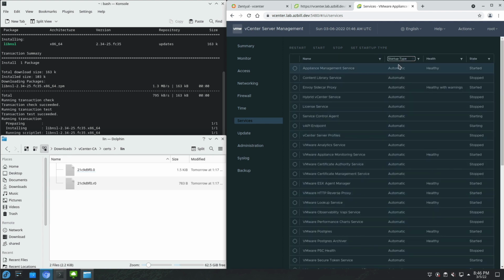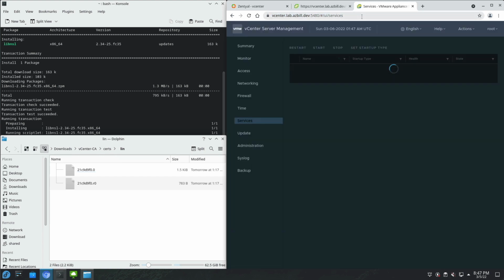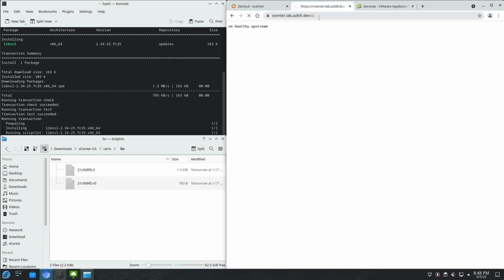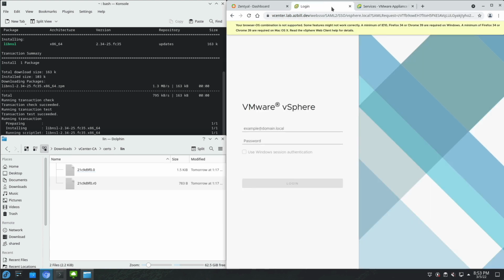We can see here in the VAMI that we've got a lot of services that are set for automatic startup, but they've not started yet. Alrighty, finally.